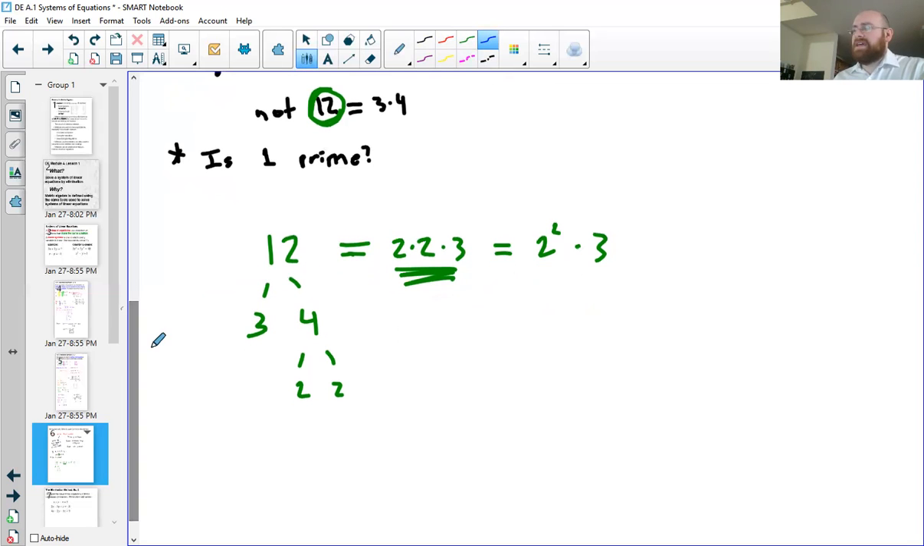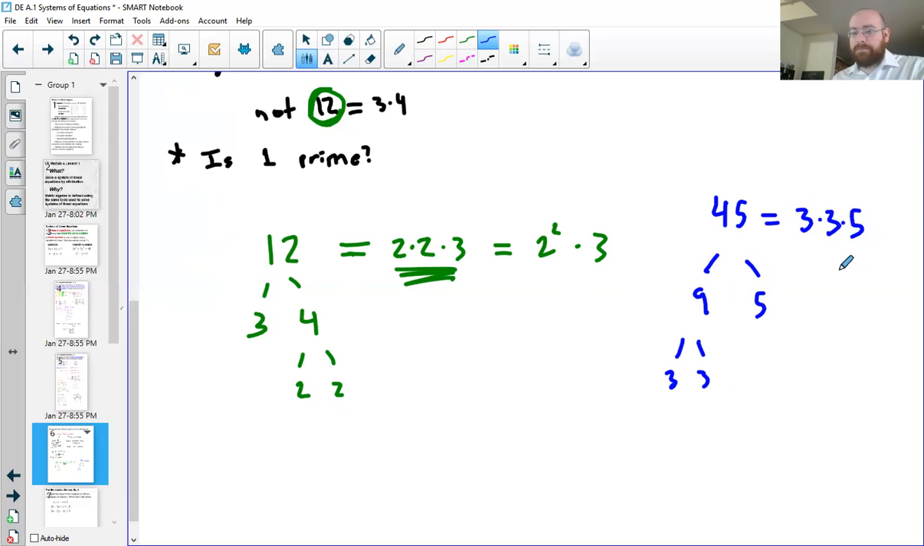Let's look at, how about 45? Well, 45 is 9 times 5, if I'm not mistaken. And 9 is 3 times 3. So the prime factorization of 45 is 3 times 3 times 5. And so now that we have 2 examples,